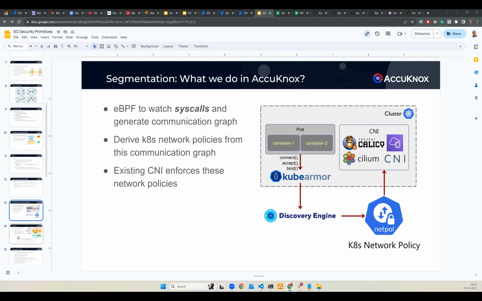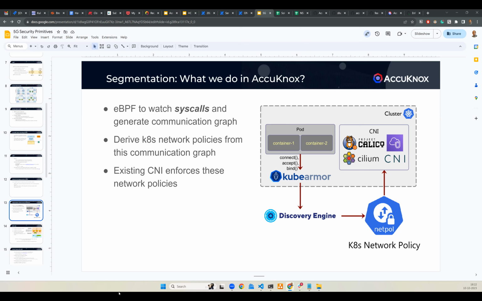So Rahul, this is the piece where this discovery engine allows you to see what's going on, and it generates your communication graph. So essentially you can use this to generate your LSMs from the communication graph. Correct. This is the piece which actually discovers, and it has all the heuristics built in. A lot of times file accesses are very wild, like random files getting created, and then aggregating it at a folder level. All of those heuristics are built into this particular engine.